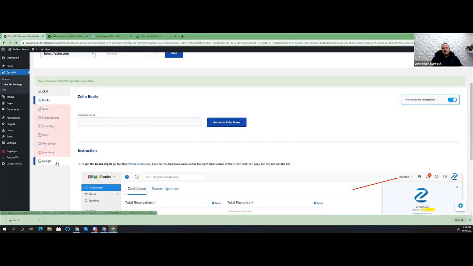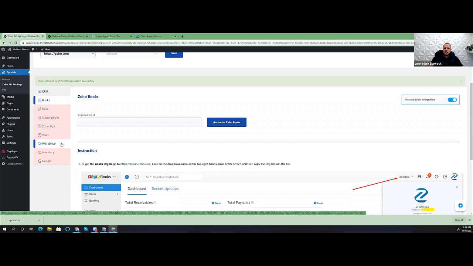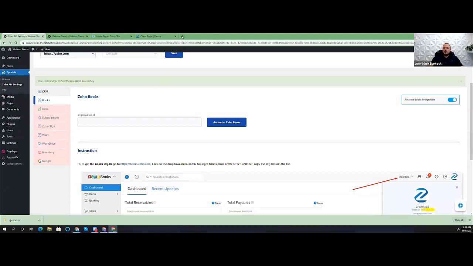Once you've connected all the apps that you want, you can then head over to the customization to begin to install the plugin and then configure the settings. If you have an inkling that you may use a product in the future, I recommend that you go ahead and get that connected from the get-go. That way it's all set up and ready for you if you want to add a new tab in the future. So we'll go ahead and connect in books here